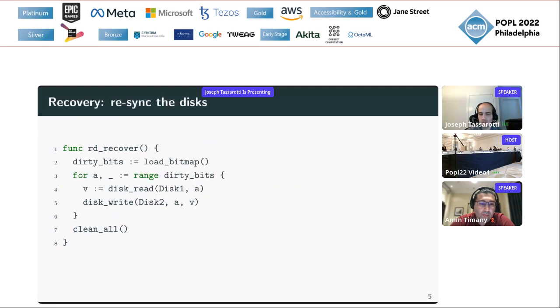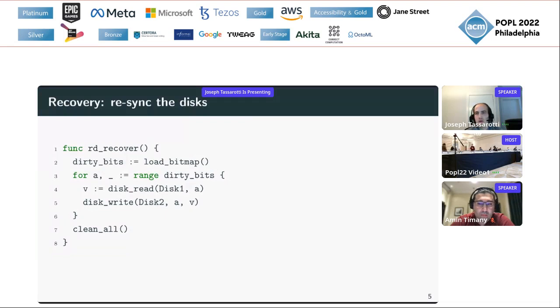Our recovery procedure that we're going to run when we restart will bring the disks back into sync so that we can resume normal execution and continue servicing writes and reads. How does recovery work? Well, it loads that bitmap that we were maintaining, which was keeping track of which addresses were possibly in the middle of a write.